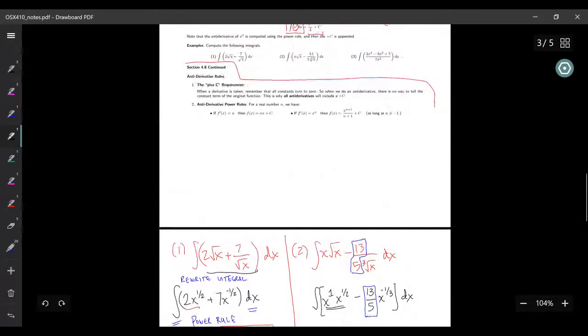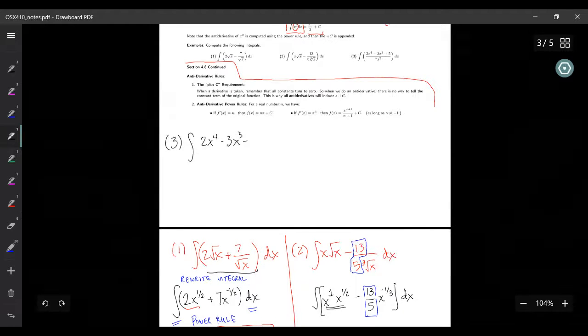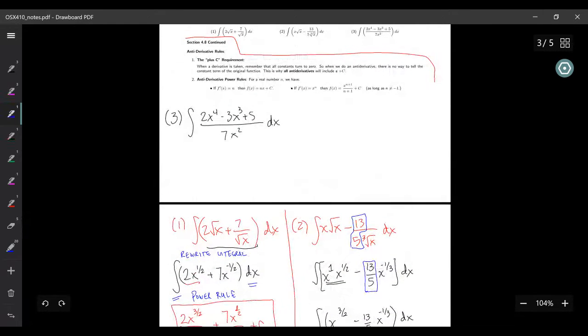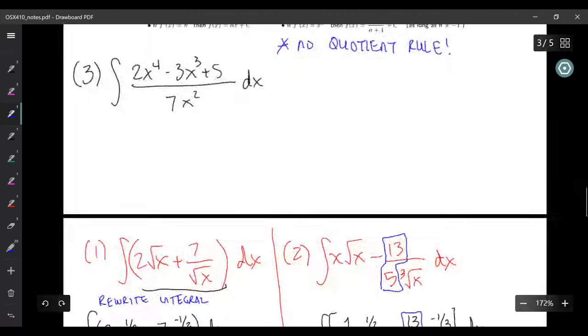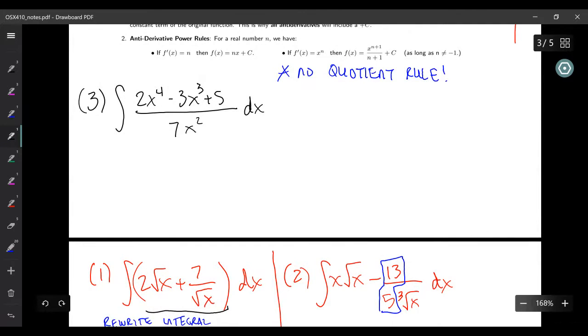Look at this last example. We've got the integral of 2x to the 4th minus 3x cubed plus 5 over 7x squared dx. Just like earlier, there's no product rule, and there's also no quotient rule. So again, we're going to have to rewrite this and see if we can get it to something that we can do. If I rewrite this as 3 division terms,